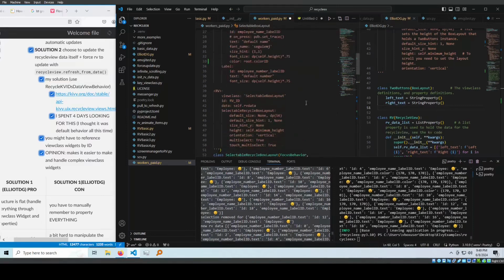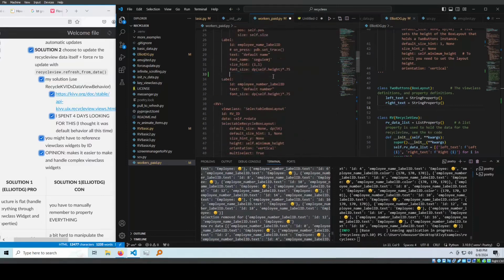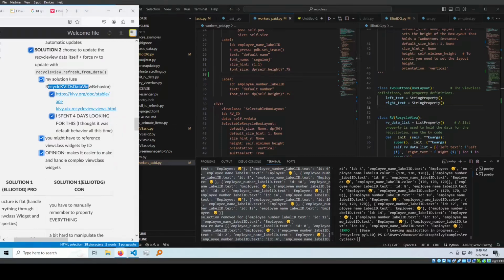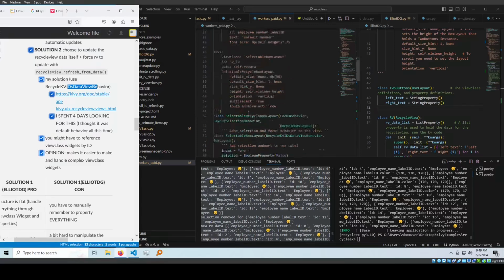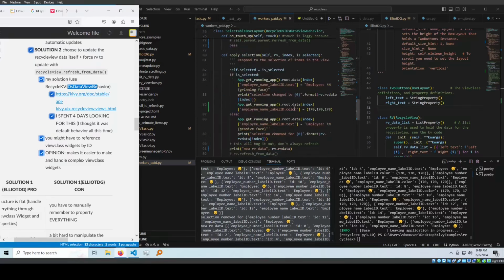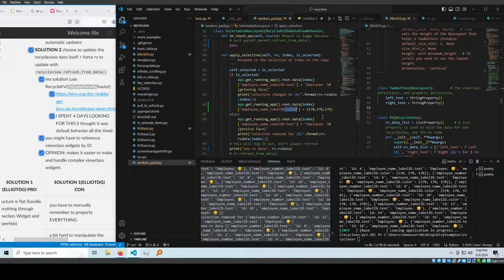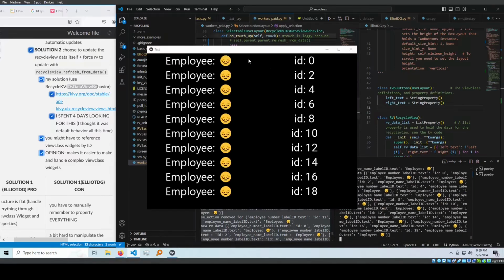But if you use, let's delete this. But if you use KVIDs, RecycleKVIDsDataViewBehavior, if you use that, you could just straight up specify, okay, the widget ID.color, this one. Let's even try another one. Let's try, if it's RGB, then let's try 255 0 0. So this will be mostly red, unless it's BGR, which I'll be